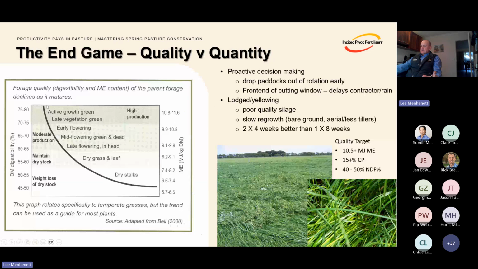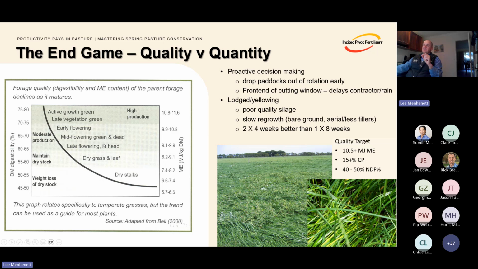Just to finish off, the last couple of slides, just around quality. I mentioned this at the start, and this is what my good friend Frank Mickham talks about a lot. And you can see the pasture here on the right. Yes, there's a heap of tons there, but we call it top and tail. So when you can see the top and you start to see heads emerge, you're operating down here in this later growth stage of the plant where you're